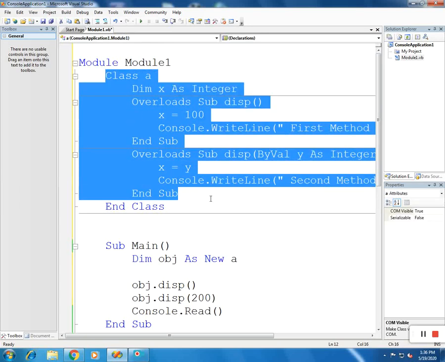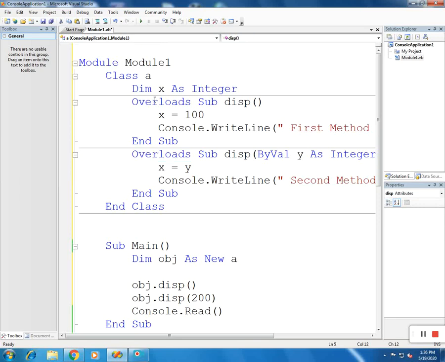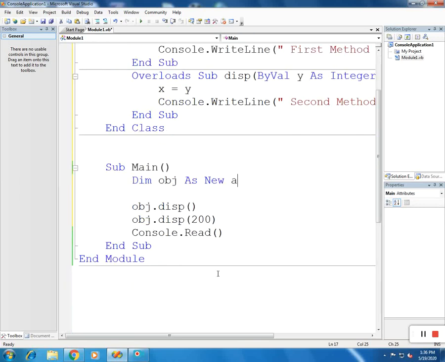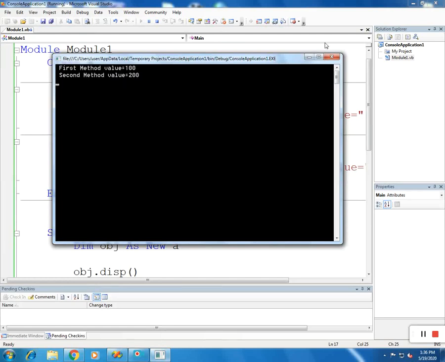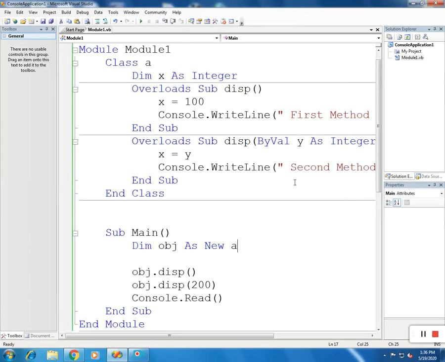See the whole program. This is a class, and the Overloads keyword has been written here. Execute the program, no problem.